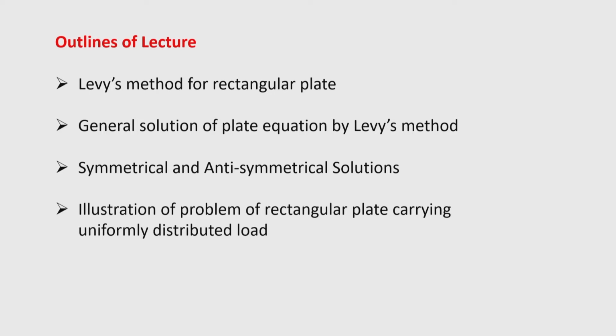If we recall Navier's method, then we used the double trigonometric series for the solution of the plate deflection. Now, this is possible only when all the edges of the plate are simply supported. So, in a rectangular plate with 4 edges simply supported, we can handle the problem by Navier's method, which gives a very simple solution with double series. Of course, the double series increases the complexity in summation, but the series is rapidly convergent.